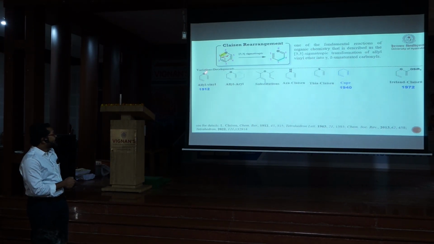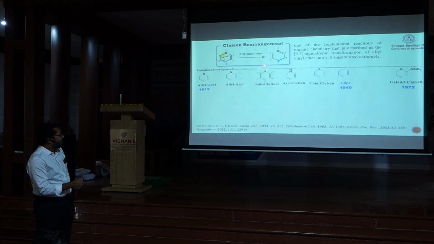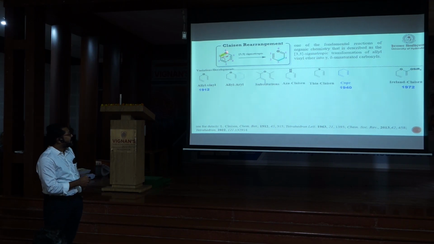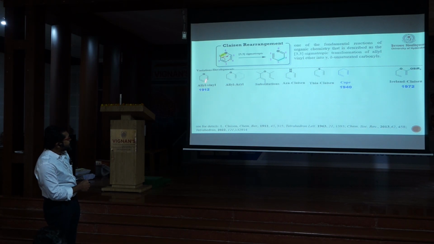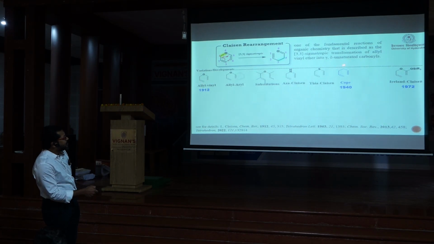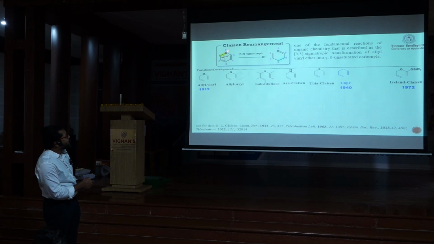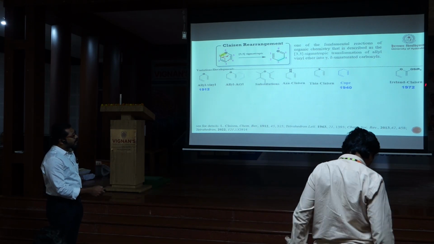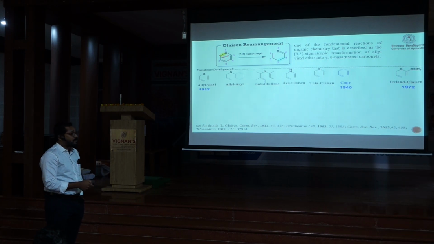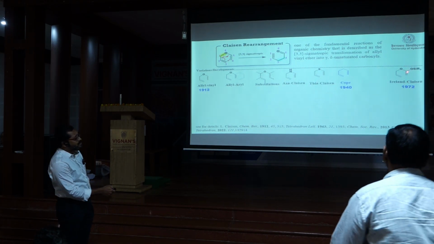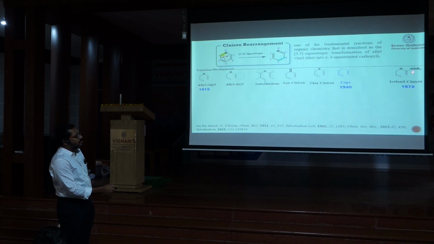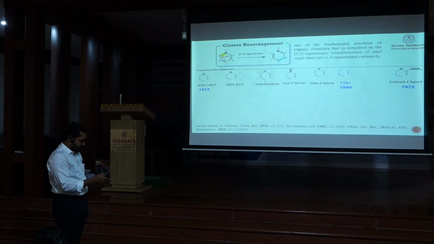For example, allyl vinyl to allyl aryl and various substitutions on these systems have been reported, and the moment we replace the oxygen with nitrogen, it is called an aza-Claisen, thia-Claisen. And of course, after the Claisen rearrangement, in 1940 the Cope rearrangement was also published, where you remove the oxygen and substitute N, S and CH2. And then in 1972 the Ireland-Claisen rearrangement was also reported, where you have O-acetates and then using LDA in situ you generate the enol and so on.